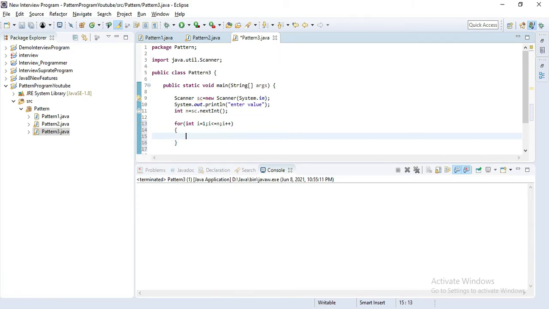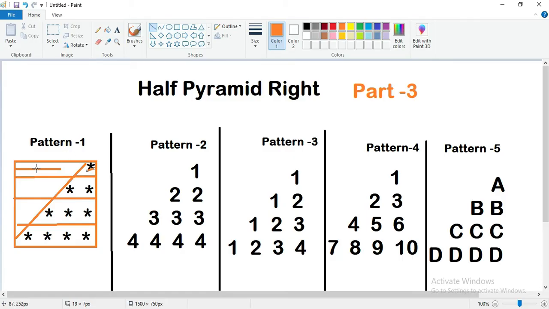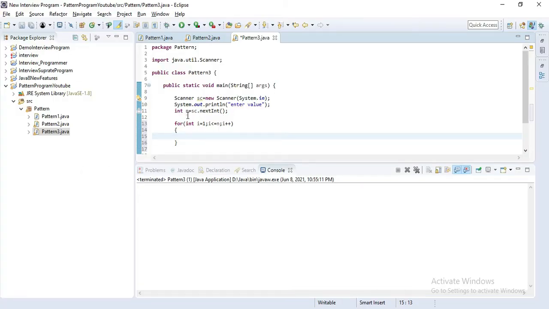Now, as we discussed, we have to write two for loops inside one outer for loop. I'll define this for loop for the row.